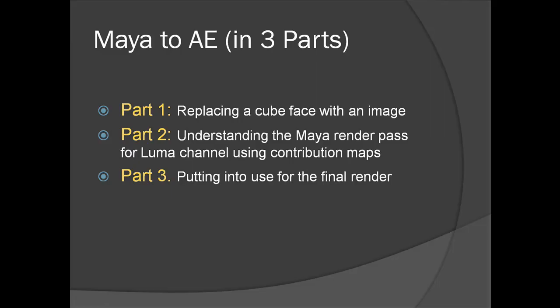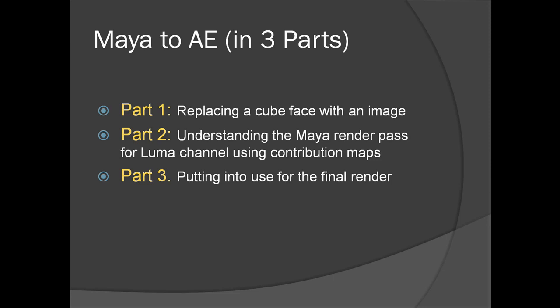Hi, I've divided this tutorial into three parts actually. In the first part I'll explain how to replace a small cube face which you make in Maya, get it back to After Effects, get the camera information, and replace one of the cube faces with an image in After Effects. And then part 2 will be to export the Maya render which we're making for this billboard,